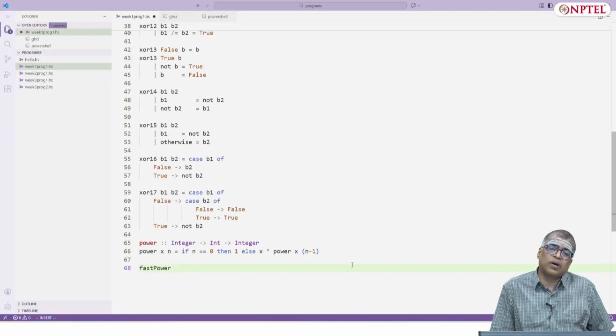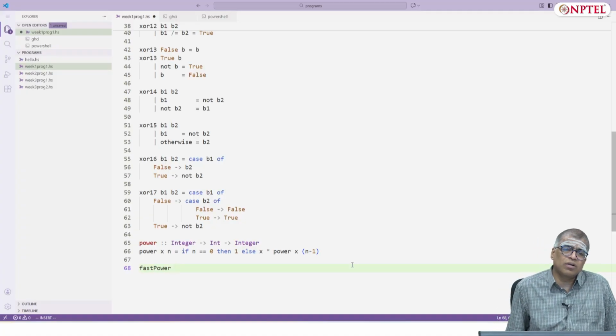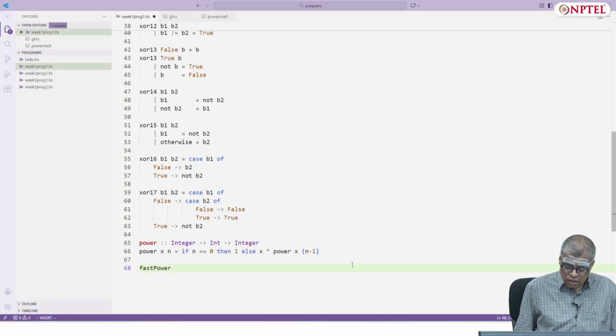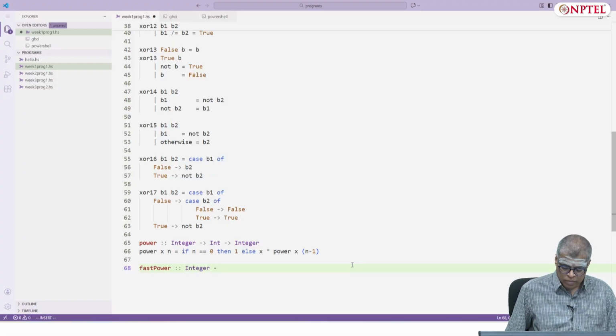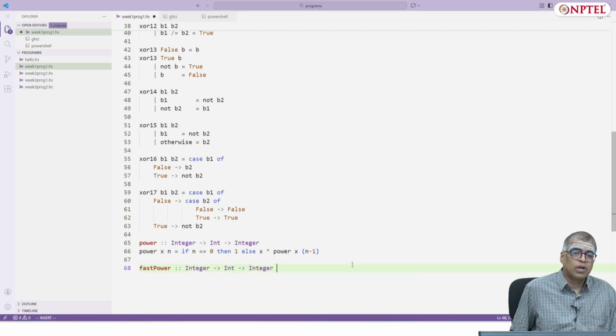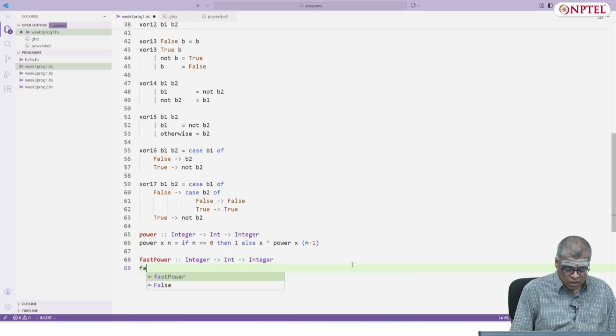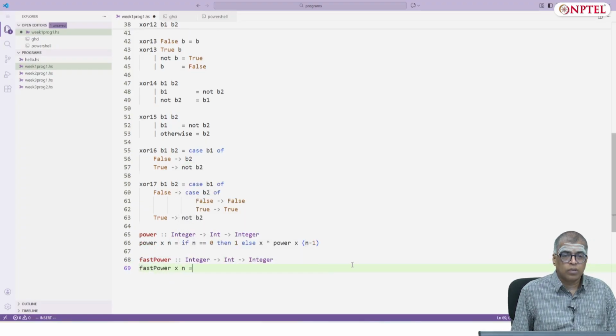One way of powering very quickly is to do what is called repeated squaring. We will illustrate that here. fastPower x n equals, if n is 0 then 1.